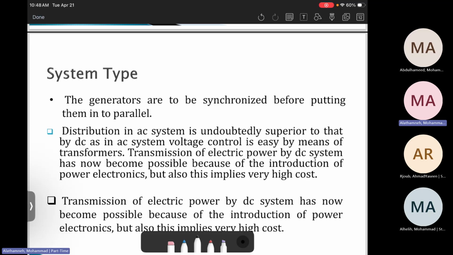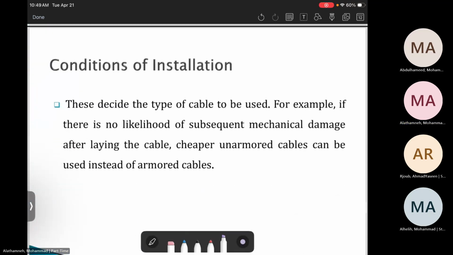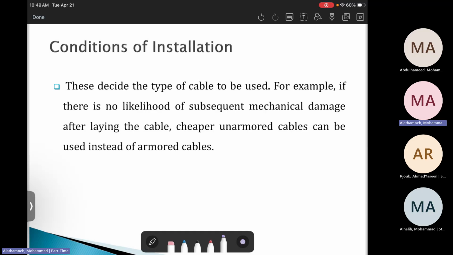So transmission of electric power by DC can be possible because of power electronics, again, power electronics like the buck boost converter, or there is something we call a chopper converter. But the challenge is its very high cost. The transmission of electric power by DC has now become possible because of power electronics, but it is very costly. So these decide the type of cable used, depending on the size, depending on how much voltage you need,